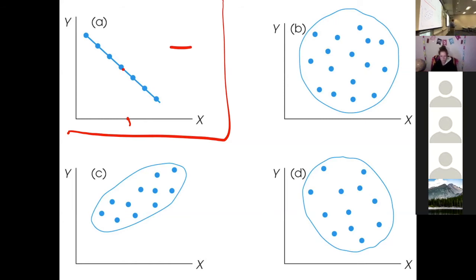What we have in the top right is an example of no correlation. There is no direction you could draw a line that would seem to fit this data. If you look at this data, it's just a cloud. If you tell me where your value